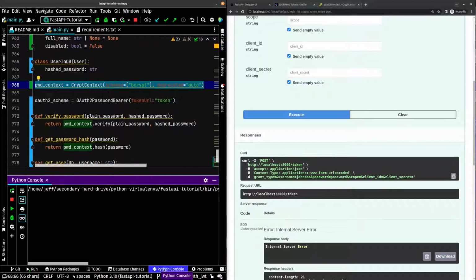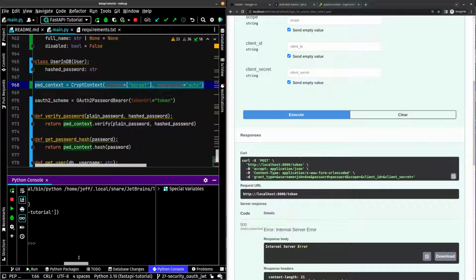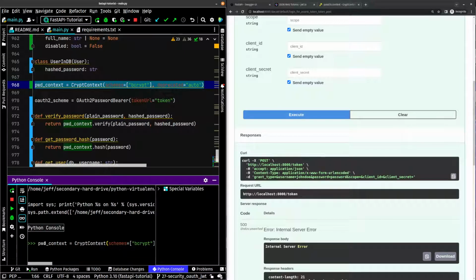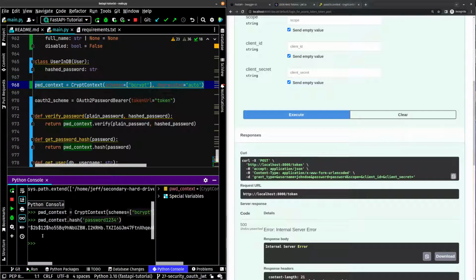We're going to open up our Python console and let us import CryptContext from passlib.context, import CryptContext. Then we are going to create a password context, and then we will just look at pwd_context.hash. Let's call it password 1234. And there we go. We now have a hashed password that we can take,